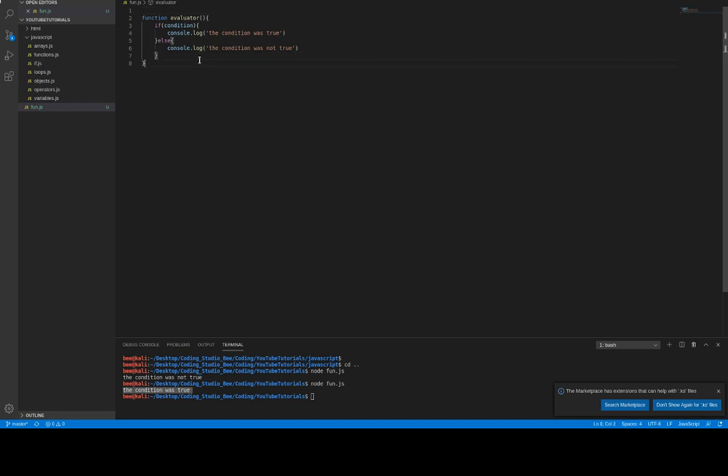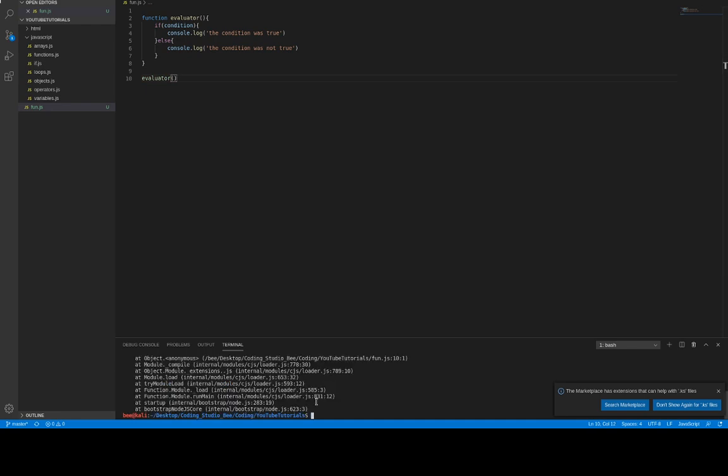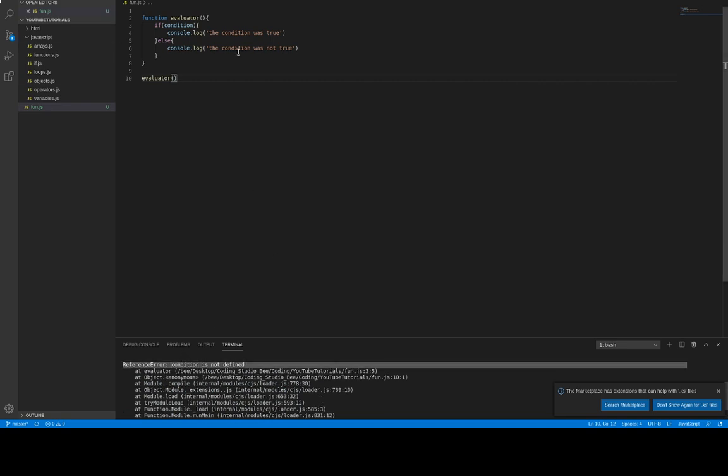If I were to run evaluator, it will just throw me an error that it does not know what the condition is. And this condition can be anything else. Now here in the parentheses you can give parameters to a function. I'm going to call my parameter condition conveniently. And now whatever this evaluator function gets as an argument, which is a parameter here, then it will put this